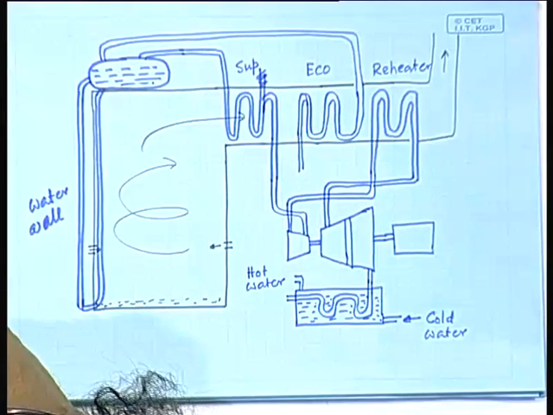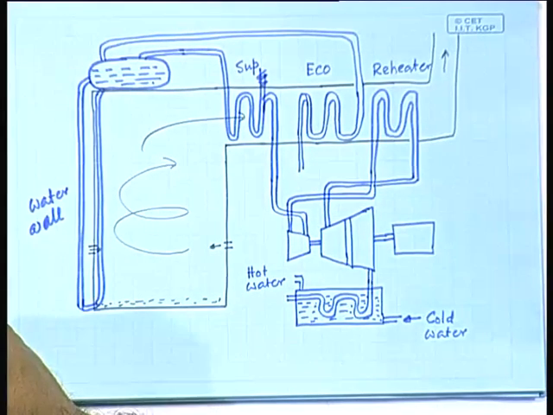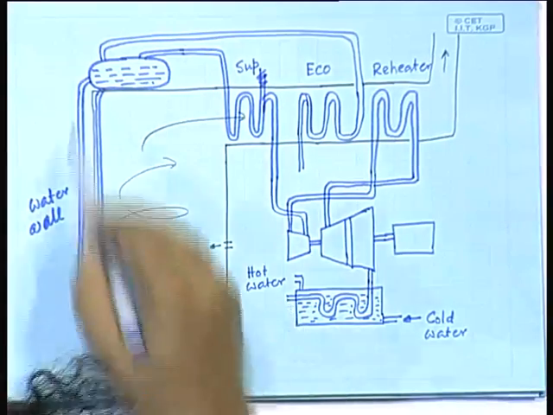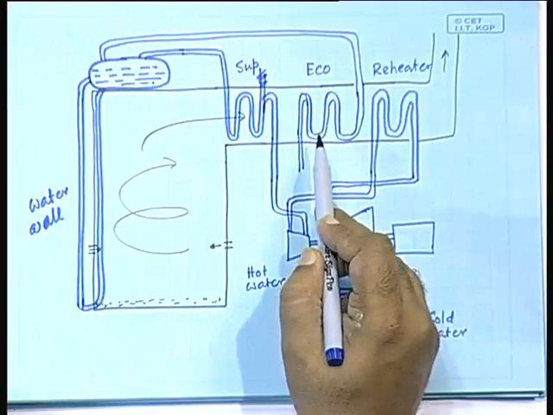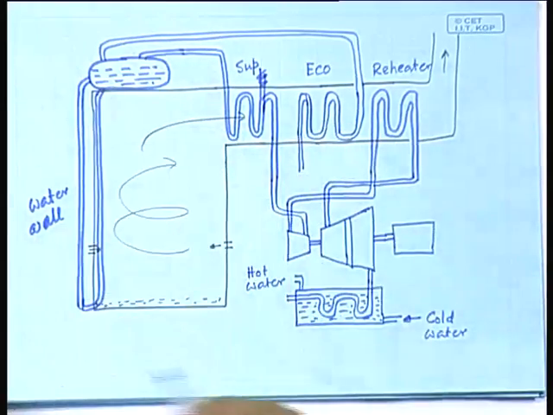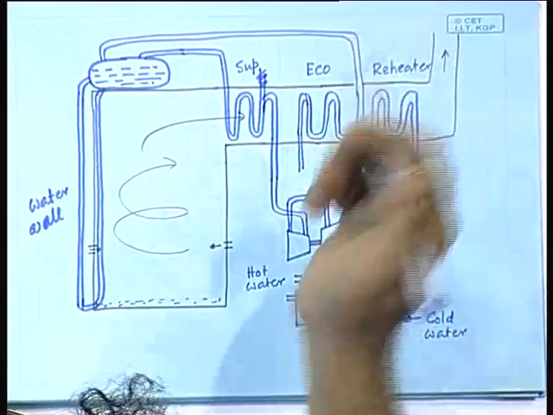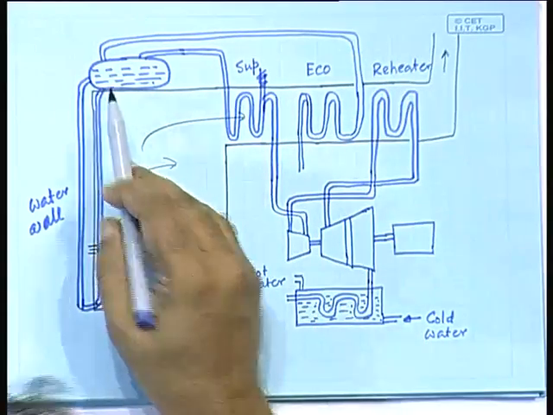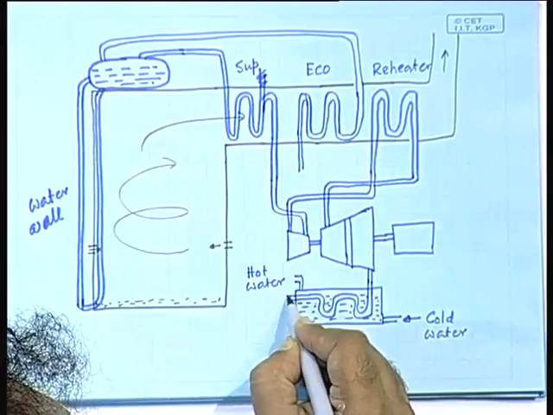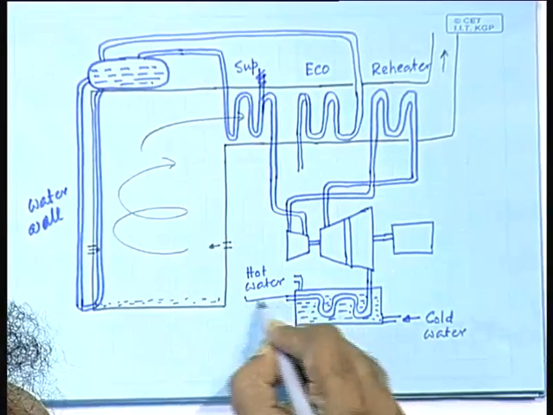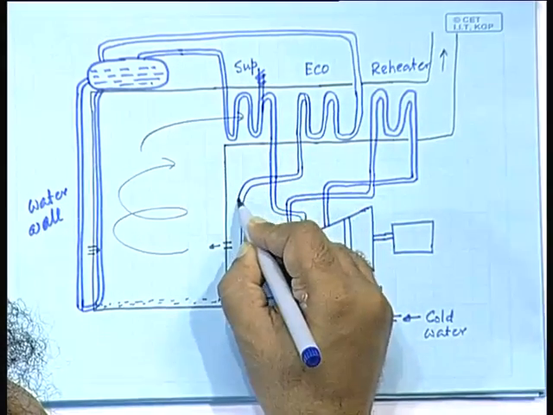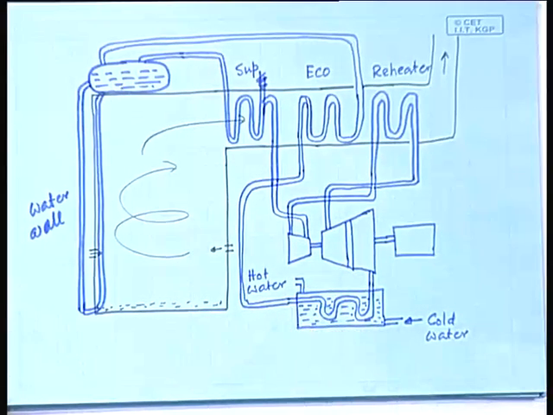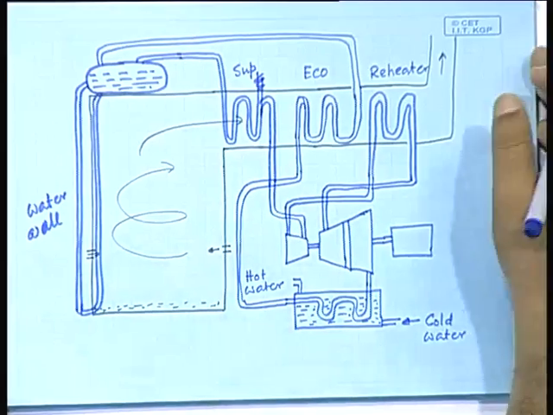Does it have to be fed back directly to here? No, it should go through the economizer, because it has to be heated up to a temperature close to the temperature inside the boiler drum, and therefore this point should be connected. All right. So, more or less this is the structure.